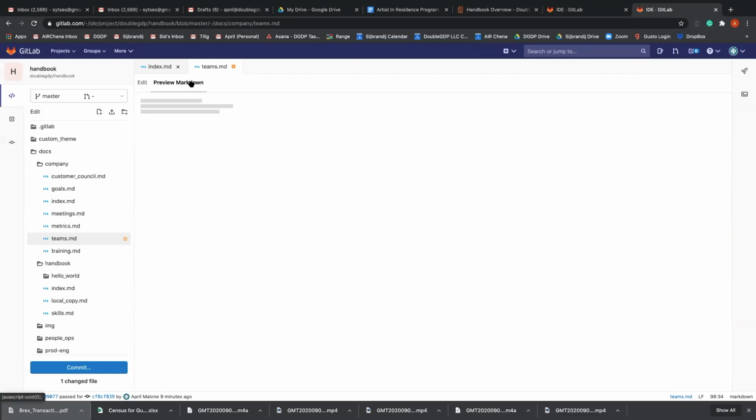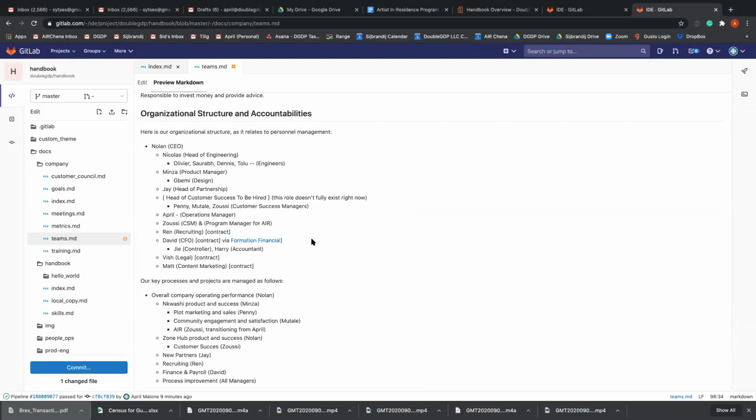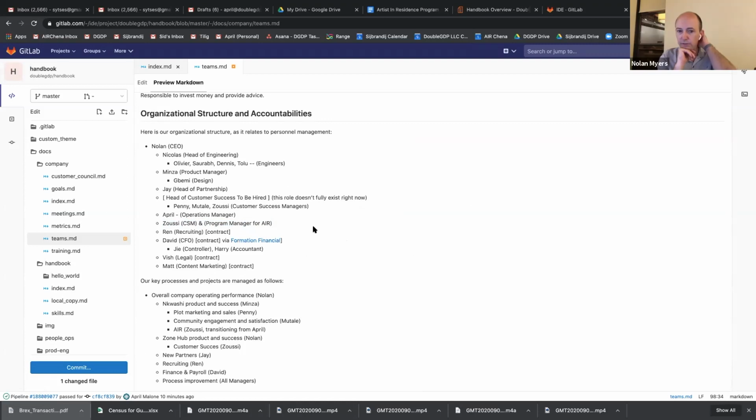So let's do a preview. Okay, I mean, that looks okay. I'm just wondering, I thought that the parentheses were just something for Markdown. Is this the way it's going to appear on public pages in parentheses like this? Yes, that's the way it'll appear. Okay.